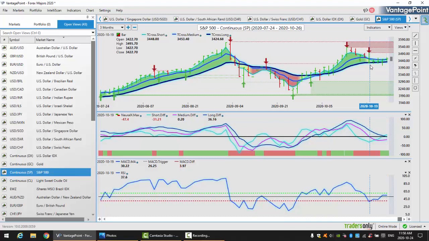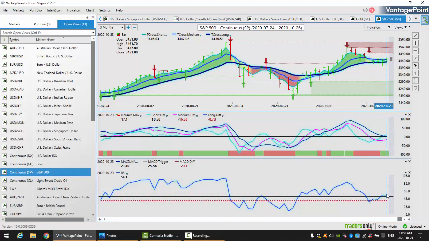Now, the key point that we want to make here is if the market stops at a certain level once or even twice, we could call that a coincidence. The market hit the key VantagePoint T-cross long in this 34.26 level every single day last week. This is not a coincidence. It's represented good buying off of this particular level, 34.26. We can see that the predicted RSI failed to break down below the 40 level to show momentum on the downside. It subsequently corrected itself, but once again, we want to see the predicted RSI not only above 50,